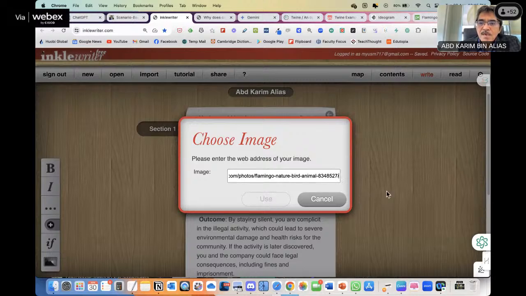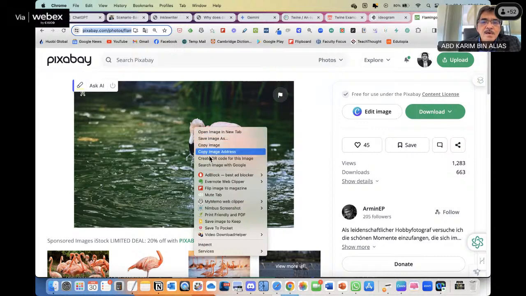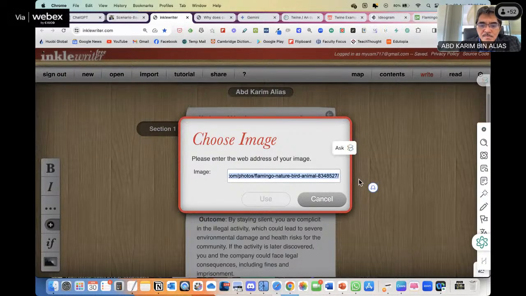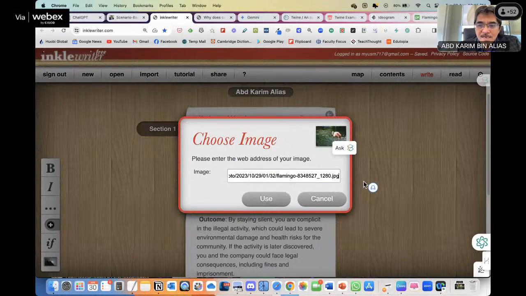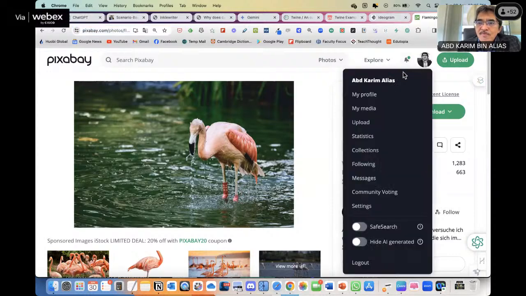So how do we do that? If you right click and then copy image address, go back to here. Is it the same link or not? No, right? So the way to do it, you can sign up to Pixabay and upload a picture to your profile.